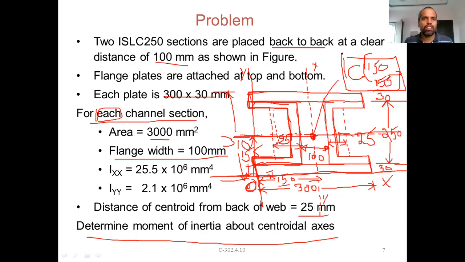Of course, in this case, it is symmetric both ways. By seeing the figure itself, we can say where the centroid is, but it is not an issue at all. Right? Okay. So still I have explained, so that we will have some idea.